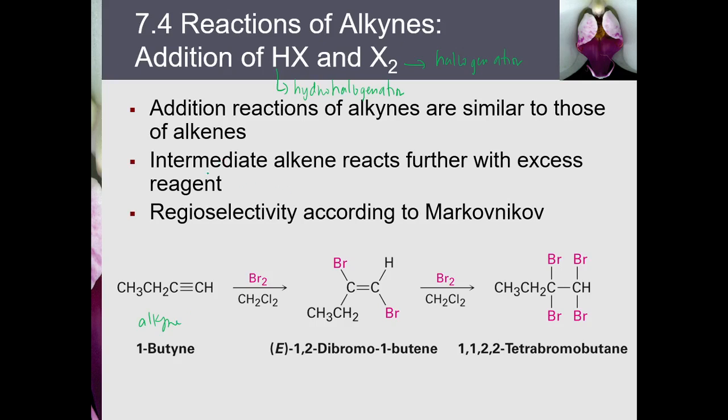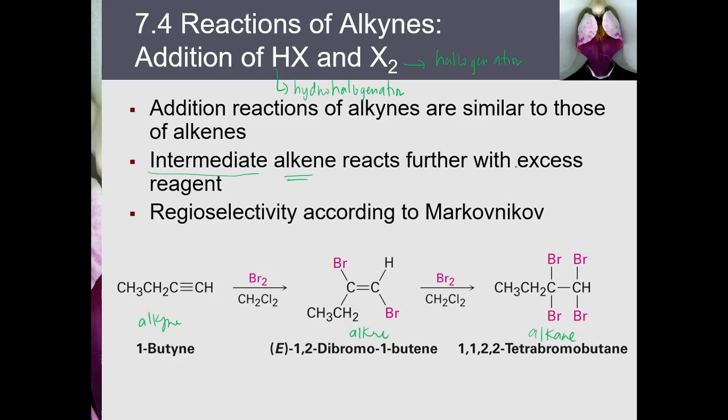the intermediate will be an alkene. When we say intermediate, isa yung product. Pero pwede itong product na to, pwede pang mag-react with your reagent to form another product. So, somewhere in the middle siya. So, that's why it's called an intermediate. So, the intermediate alkene here will become an alkane. So, parang pabalik na tayo. So, from alkyne, magiging alkane naman siya. And also, we will apply here regioselectivity according to Markovnikov.